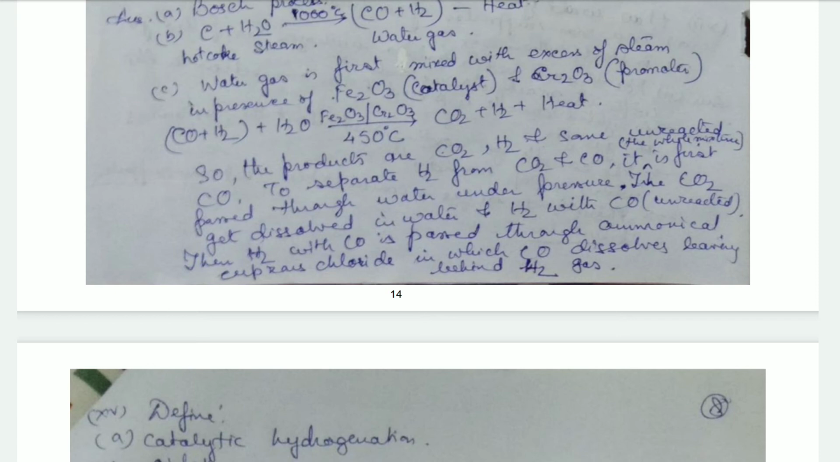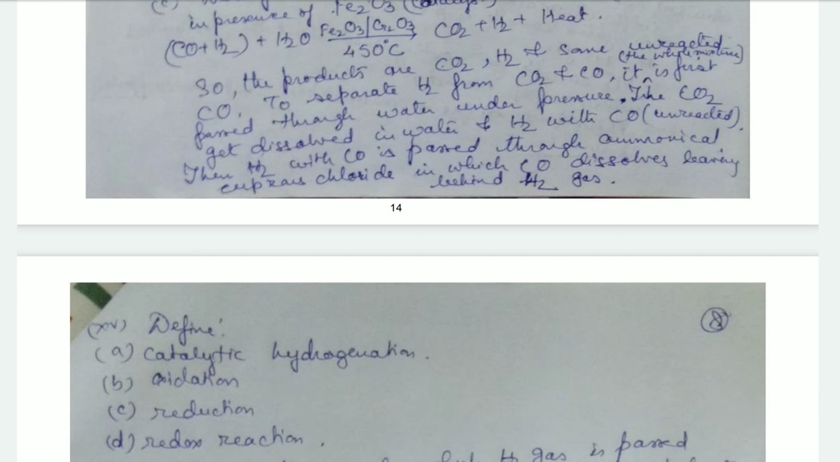water under pressure. Okay, when it is passed through water under pressure, the carbon dioxide gets dissolved in the water, leaving behind hydrogen and unreacted carbon monoxide. Now when these two, that is hydrogen and unreacted carbon monoxide, are passed through ammoniacal cuprous chloride, then carbon monoxide gets dissolved in it, leaving behind hydrogen gas, and this is how the hydrogen gas is separated from these two